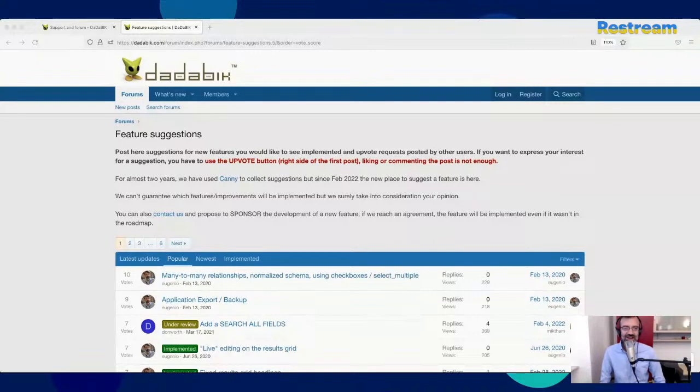Exactly, that's exactly what I feel when I use DaDaBIK. Probably a solution would be to have just one page with everything you have in the menu, and then when you click edit, you can choose what kind of page it is, based on custom PHP page, custom HTML page, based on table, and so on.